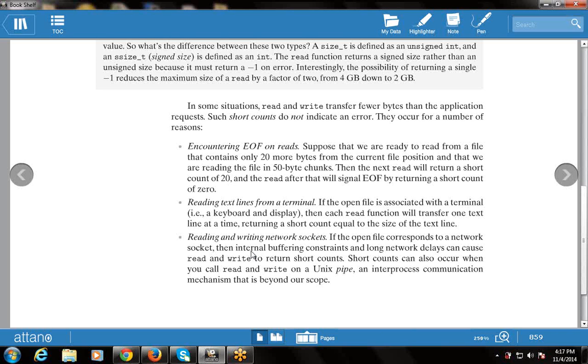For example, I am reading the file and suddenly EOF occurs, so there is a short count. That is, the number of bytes delivered is fewer than the application requested. The next